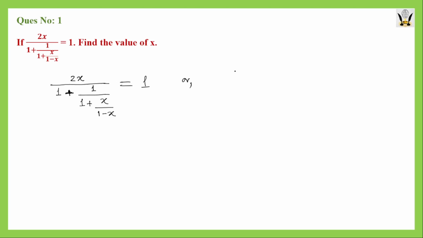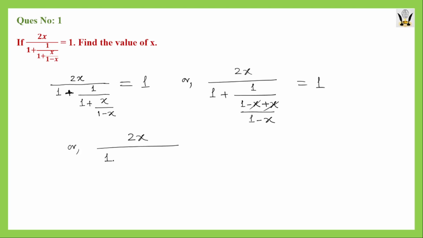So if we simplify further, then it will be 2x divided by, here we have 1 plus 1 divided by. Now we will simplify this portion. So here the LCM will be 1 minus x, and that will be multiplied by 1. So it will be 1 minus x only, and we have here x. So plus x, and that will be equal to 1. This plus x and minus x will cancel each other. So the simplified form will be 2x divided by 1 plus 1, then divided by 1 minus x, and that